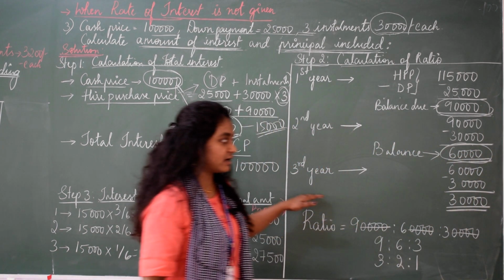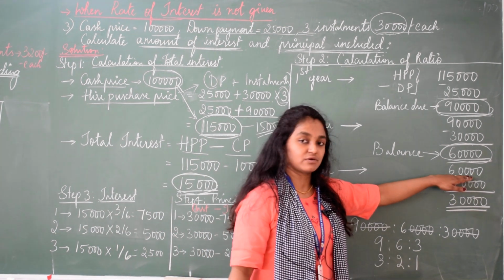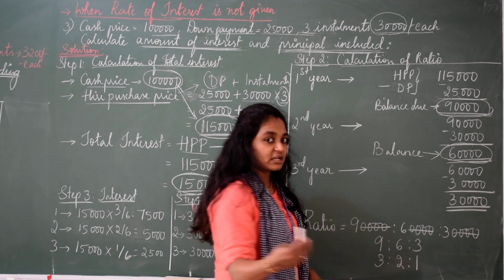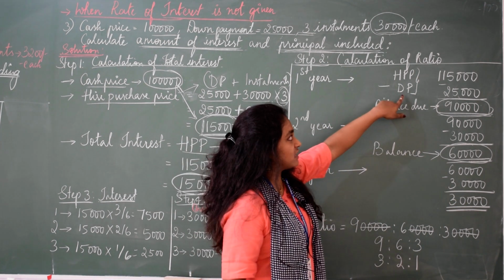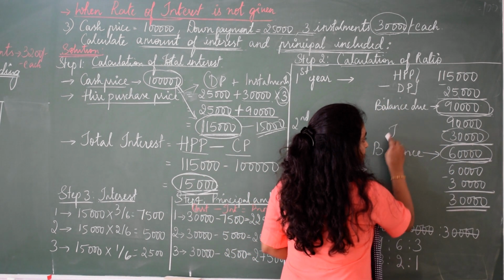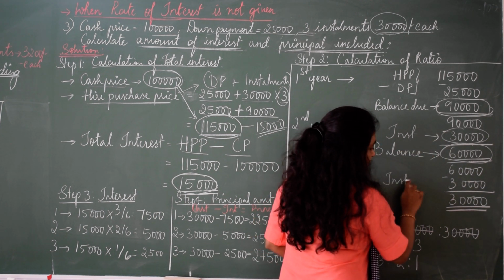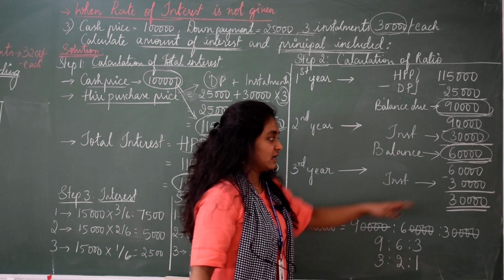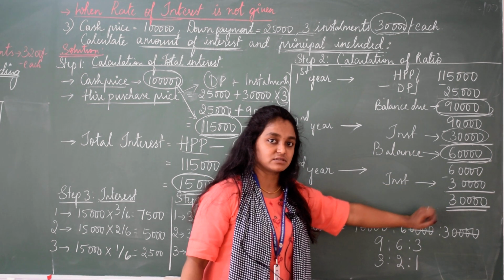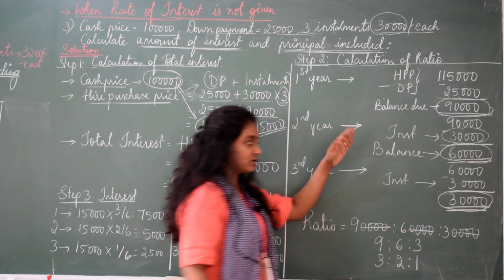Going to the third year now. Third year again we have some balance, that is 60,000 of the second year. From this again remove installment. One more thing, if you try noticing, here in the first year we have removed down payment, but every year we are removing installments. This is second year installment, again here third year installment. So if you remove installment of 30,000, again you are amounting to 30,000 rupees. So we have got three balance values as of now in this chart.